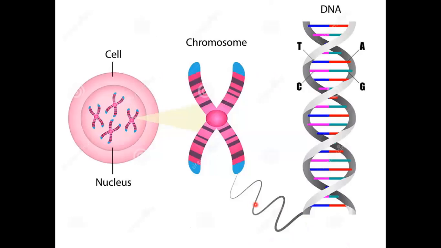Now let us go back, and where is the DNA present? In the chromosome. Chromosomes are made up of DNA. This also we have learned. This is cell and nucleus, chromosomes. Actually, this is the replicated chromosome, that is chromatid. After S phase, the sister chromatids appear. These are actually the daughter DNAs, but they are held together by the centromere. So let's take one chromosome here, and this is one DNA. This is the replica. This is another DNA.